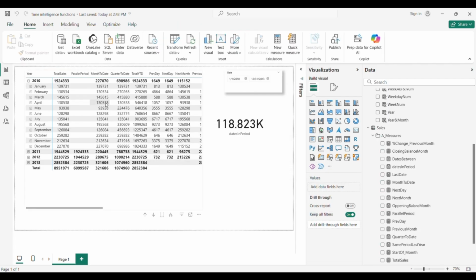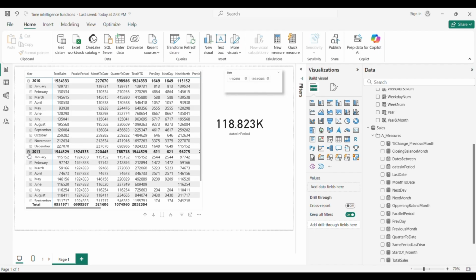Okay, we can see blank data because the function is trying to pull data from 2009, but we don't have data in 2009, so we start from 2010.